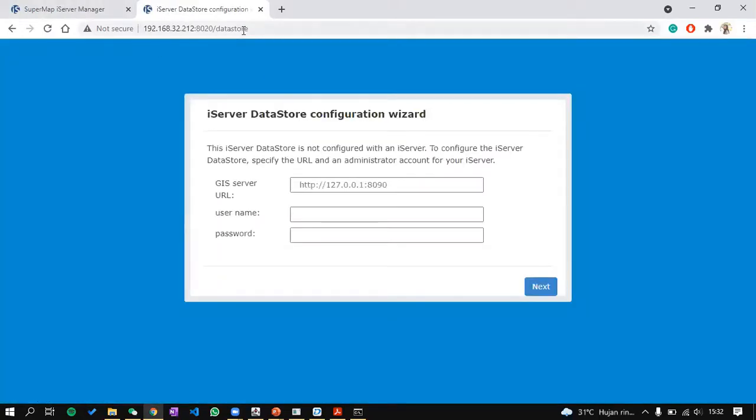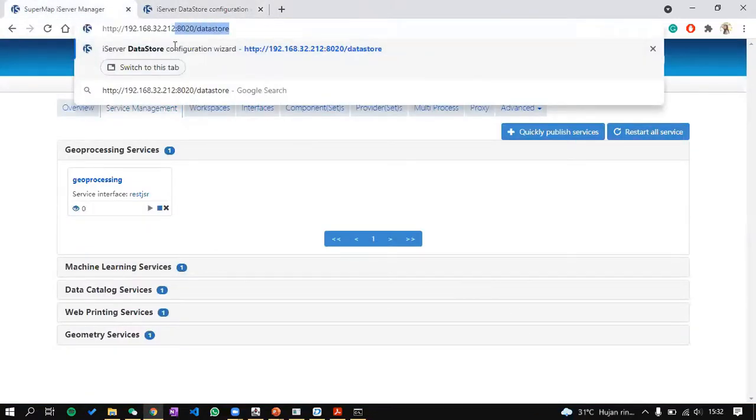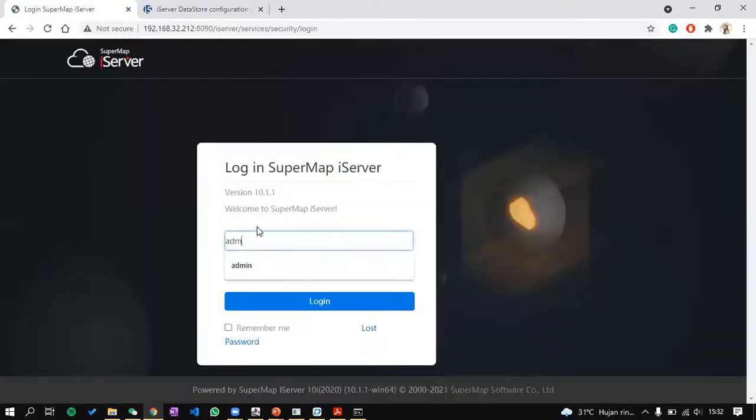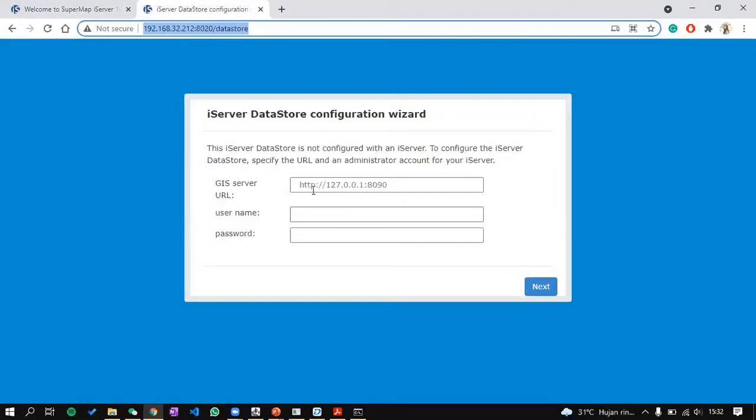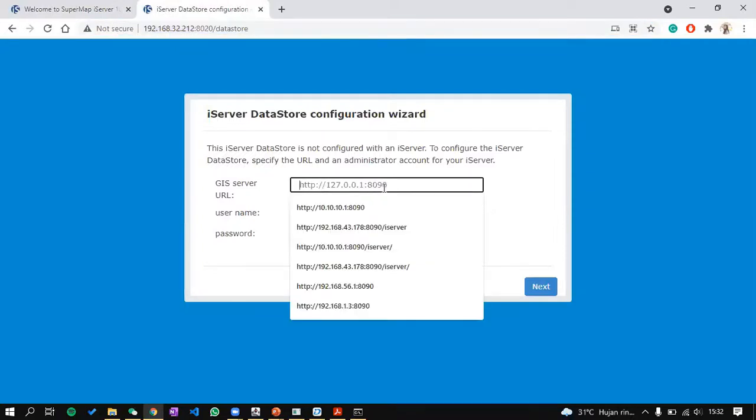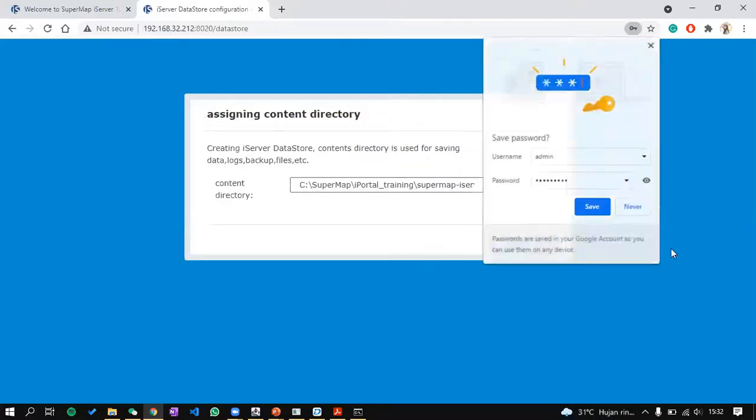Okay, and because of that, I will open the iServer using the same address and log in again. Okay, now we will be asked to do the configuration. Copy the URL, input the username and password,